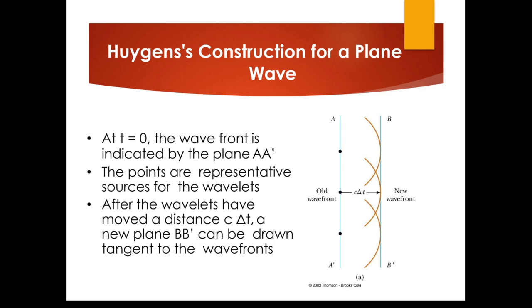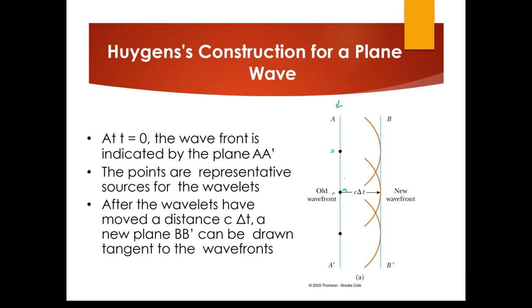Well, here's a nice diagram of this. So at t equals 0, the wavefront is indicated by this line. And we have these points, and these points are the ones that are going to generate the new waves. So these are the sources, kind of like we saw a couple lessons ago with S1 and S2. They're creating waves, and this is creating a wave, this is creating a wave, and they're interfering with each other, and they end up looking like